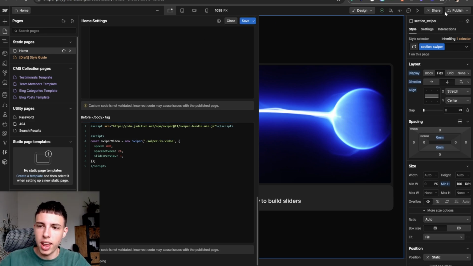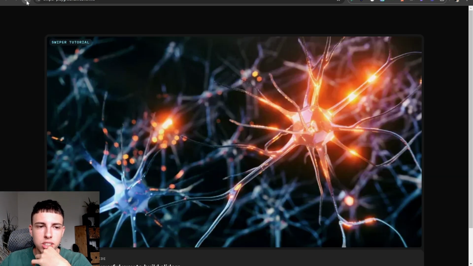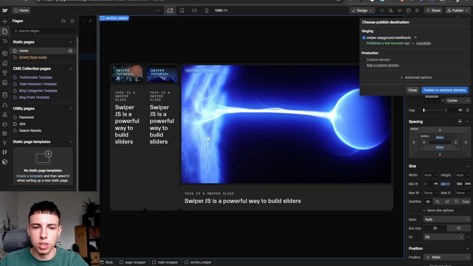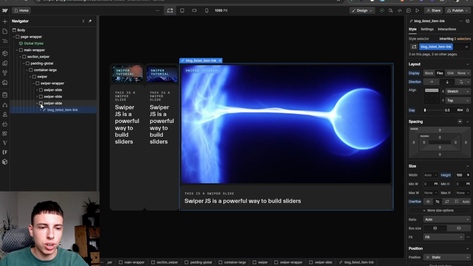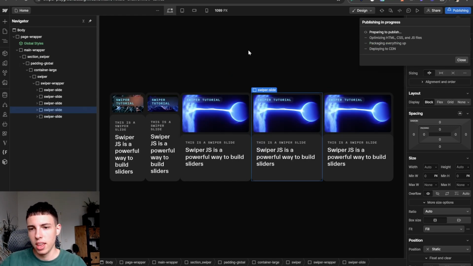Now I'll save again, and after each save, you'll have to publish it to really see the differences, right? So we're currently publishing. Now I'm refreshing this, and you can see that we have 3 slides here. You can't slide or swipe anything here because we only have 3 slides, so there's no point in doing anything. But if we were to, for example, duplicate this slide a couple of times and publish again, you would see that this calculates the width of each slide perfectly,